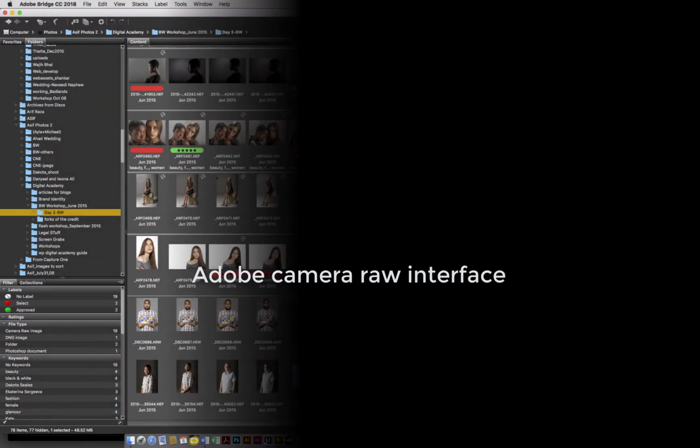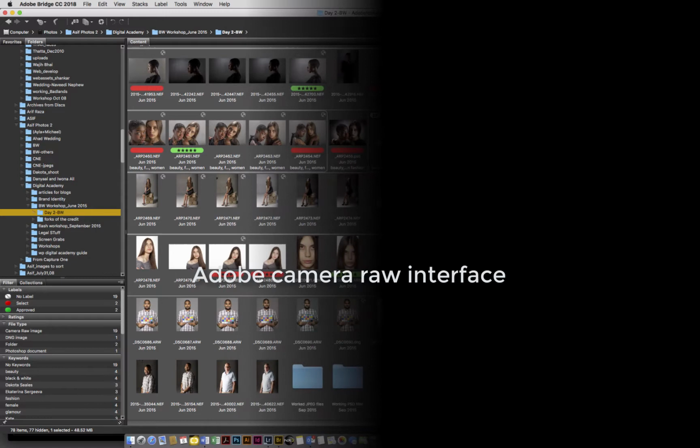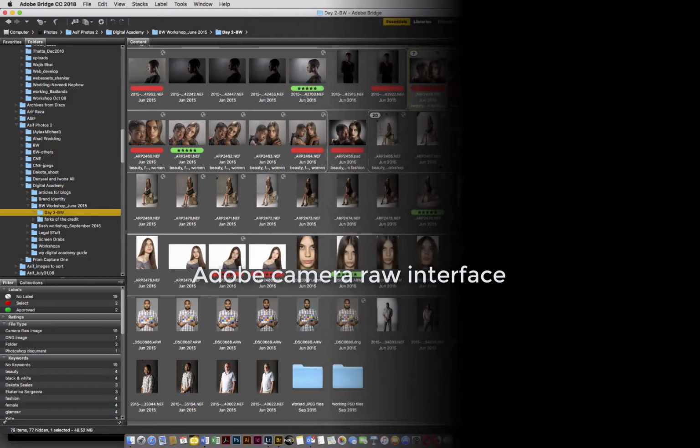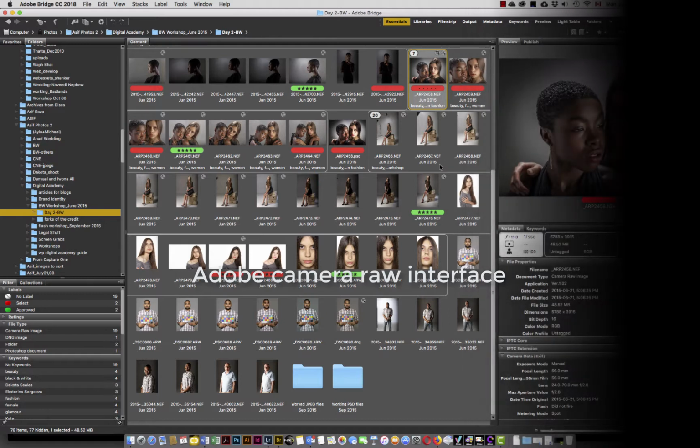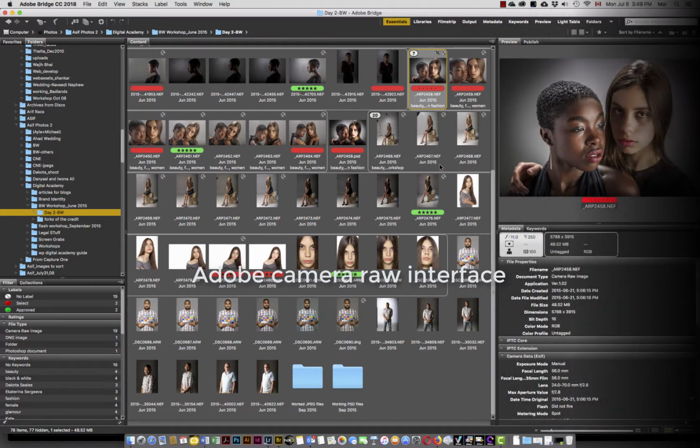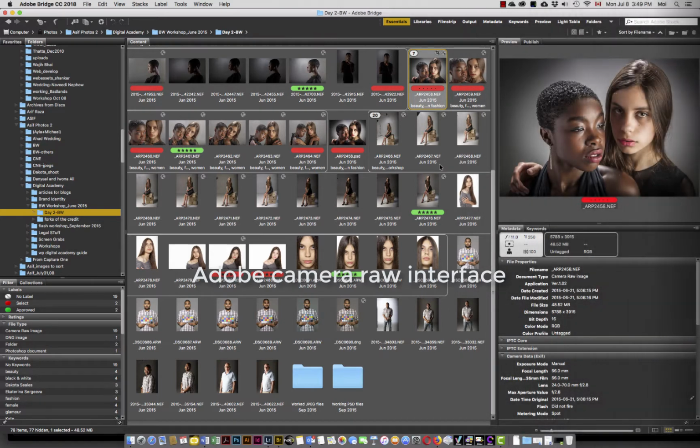In this video we are going to be looking at simply the interface that exists with Adobe Camera Raw and nothing more. We're not going to be looking into how we are going to be using the tools, but what the tools are about. So to begin with, one of the easiest and most efficient ways to access